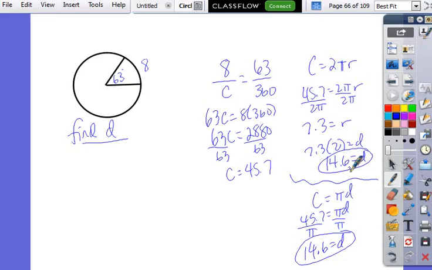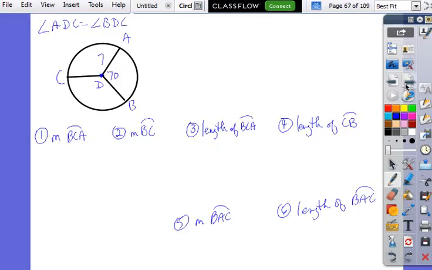First thing you need to do is look and see what you can get out of the circle up there. Well, look at what it tells me up here: ADC and BDC are the same. If it gives you information like that, you're going to have to use it for some reason. Well, in this case, if this part is 70, and I know that these two things are the same, how can I figure out what those numbers are? Take 360 and subtract 70